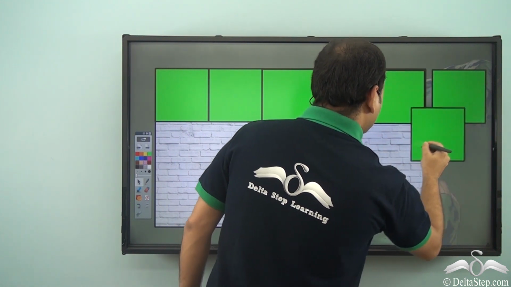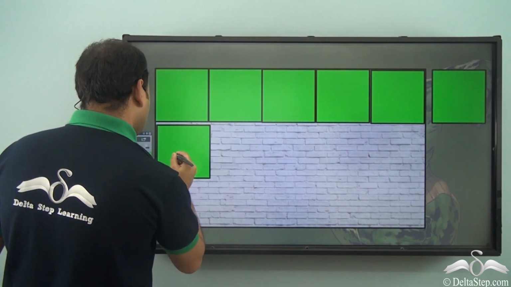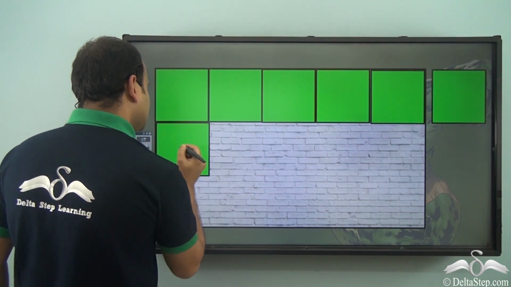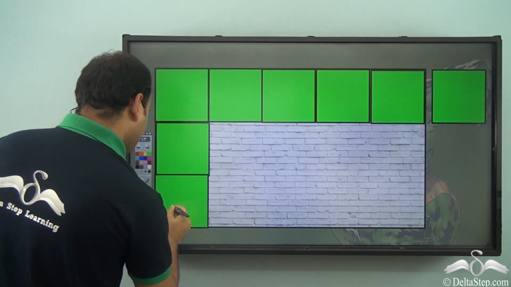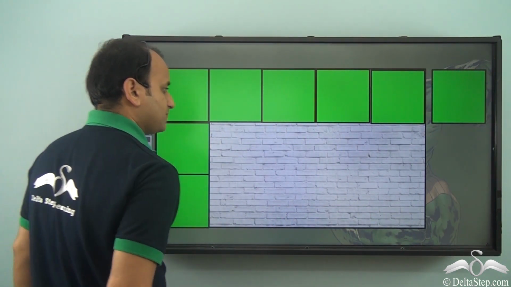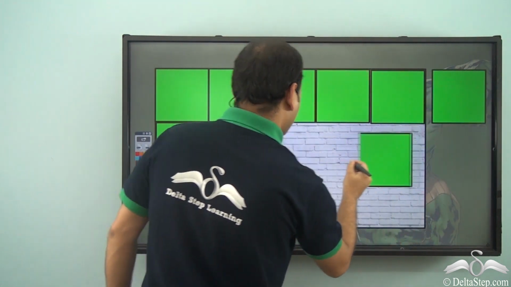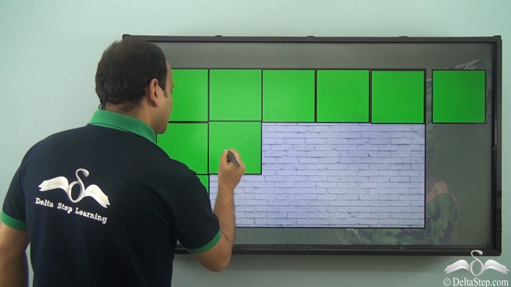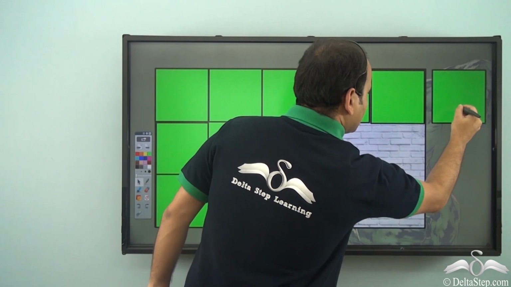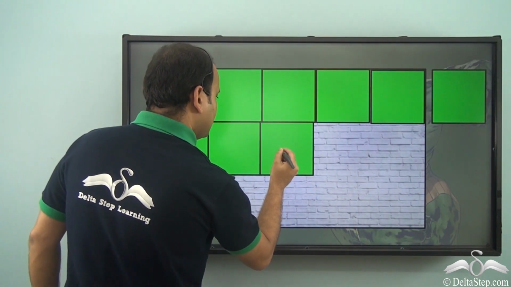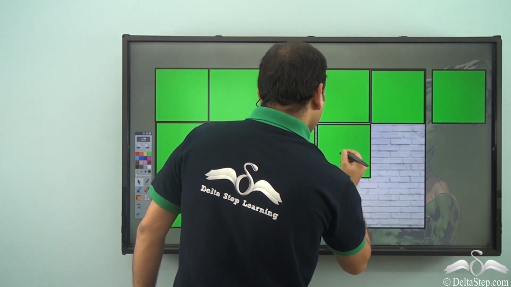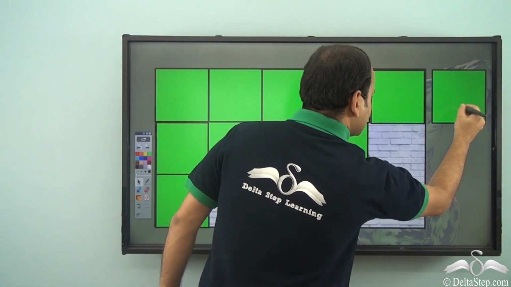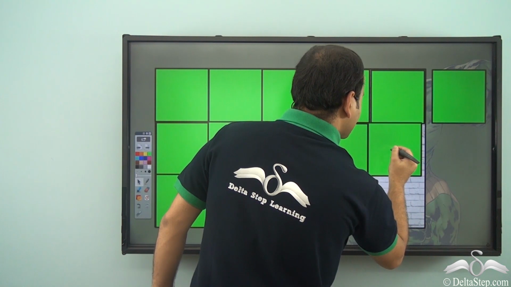Now on this side, these can be placed like this. Similarly, we place all the tiles and then we will count the number of tiles that completely cover this area.